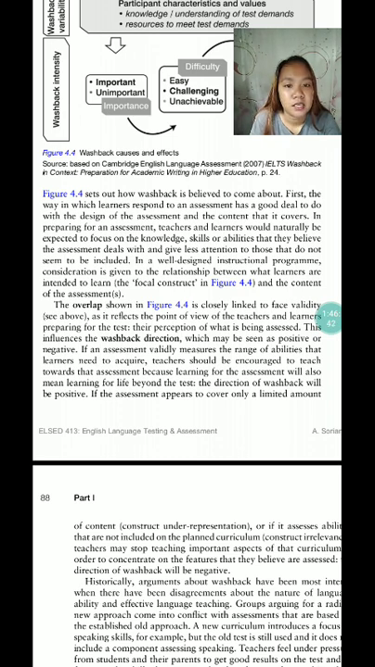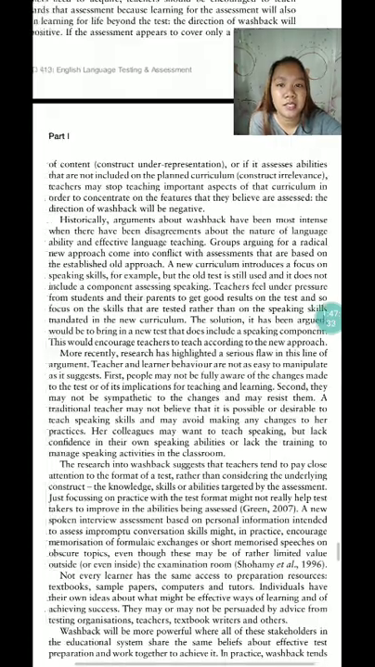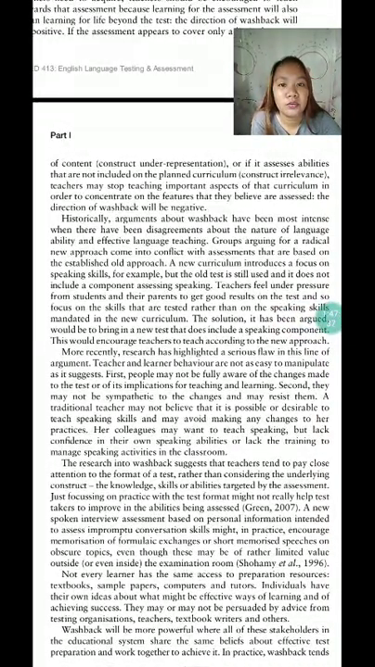If an assessment validly measures the range of abilities that the course is intended to develop, attitudes towards that assessment will be positive, because learning for the assessment will also be positive. If the assessment appears to cover only a limited amount of content, construct underrepresentation, or if it assesses abilities that are not included in the planned curriculum,